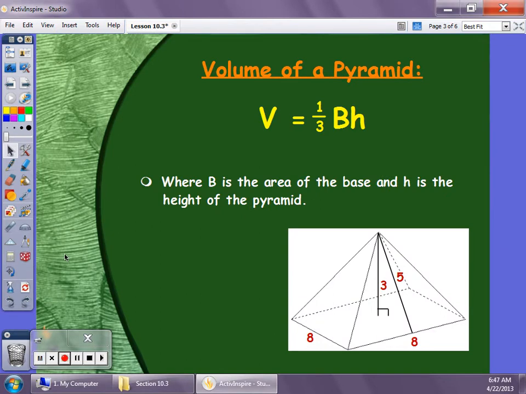The volume formula of a pyramid is equal to 1/3 the area of the base times the height, where the big B represents the area of the base and H represents the height of the pyramid, which is the length from the vertex perpendicular down to the base. So for this figure, if we want to find the volume,